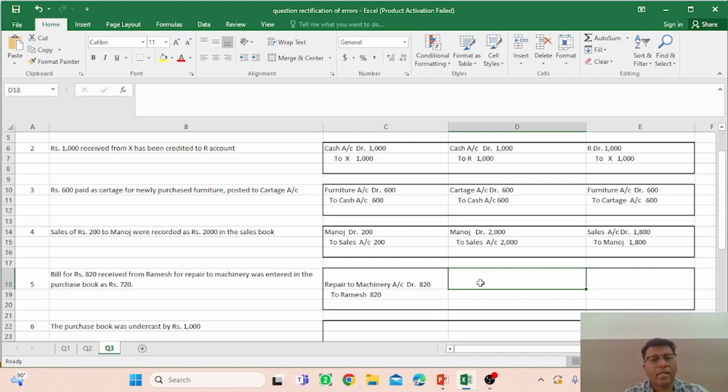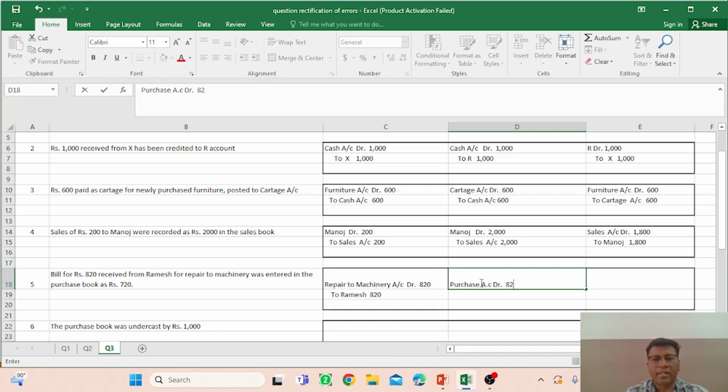And you see that this was entered in the purchase book as rupees 720. Okay, so it was a case of expenses and you should have written over there 820 in the account of repair to machinery as an expense, but you entered it wrongly in the purchase book. It means you thought that a purchase was made in your business organization. So if there would be the entry of purchase, the wrong entry made was purchase account debit